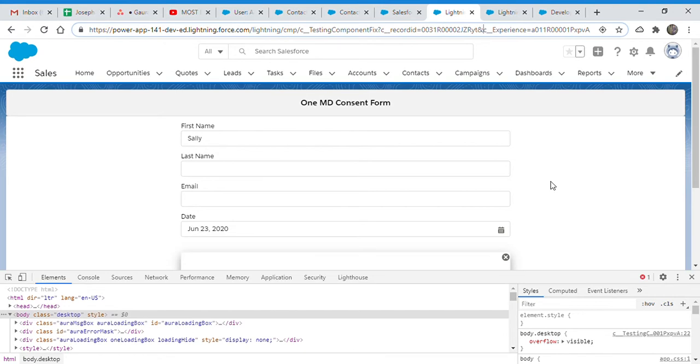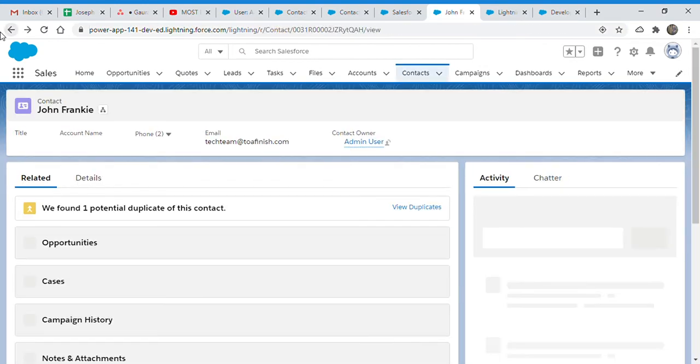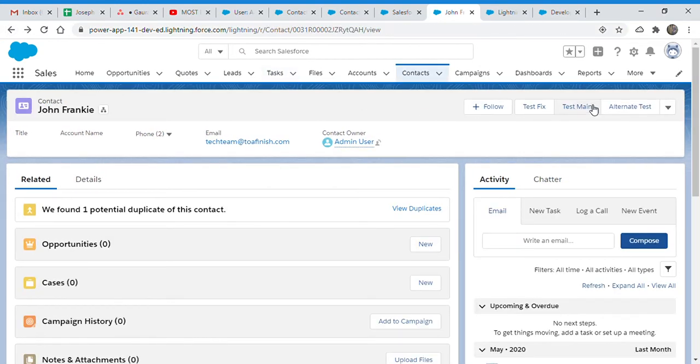Two small things we have to do. The one major thing is the component that is used on the update consent action, which opens, and then on clicking the signature button it redirects to the second component.